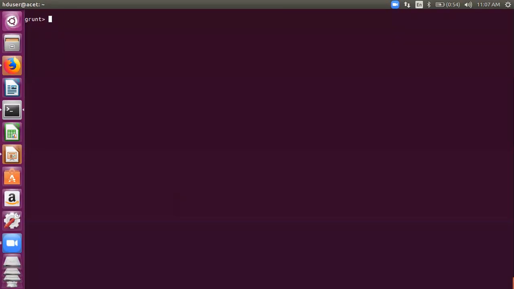Dump displays the output on the screen, and store writes it to a file. You mention a directory and within that some files are created. If it is only a map related job, the file name would be part-m-00000 and so on. Otherwise it would be part-r-00000 or 00001 and so on.